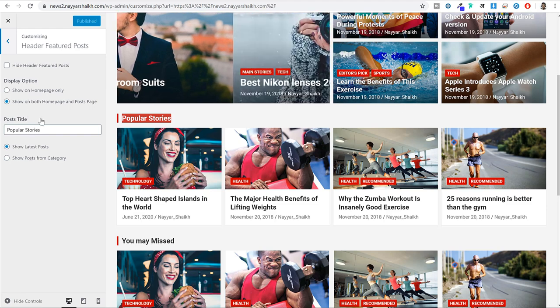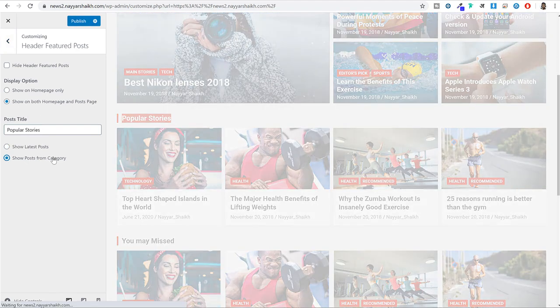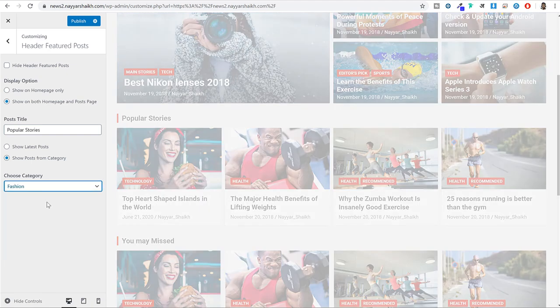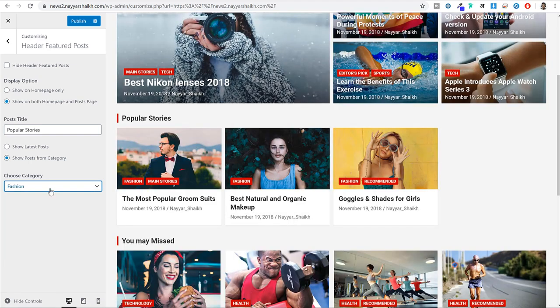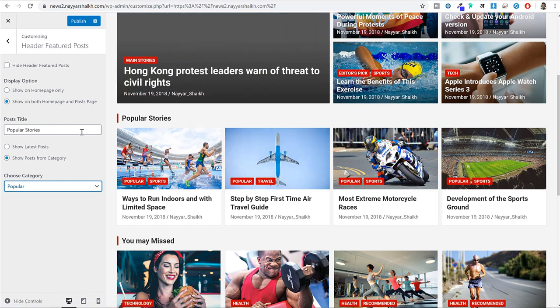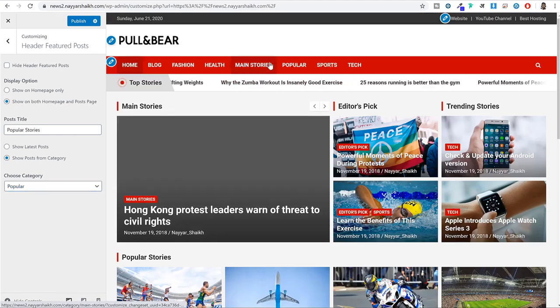I can select this option, show post from categories, and I'll show probably fashion category. Okay, maybe let's select popular because this category has only 3 images. So I'll select popular stories. Now you can do one thing, you can show this only on home page if you want, because right now if you open any other page, if I open